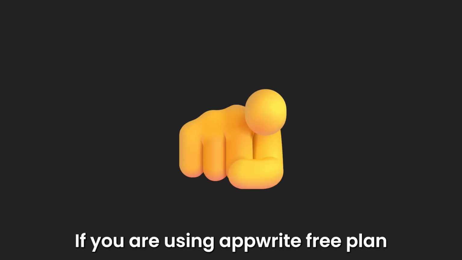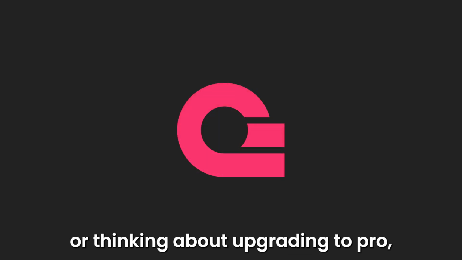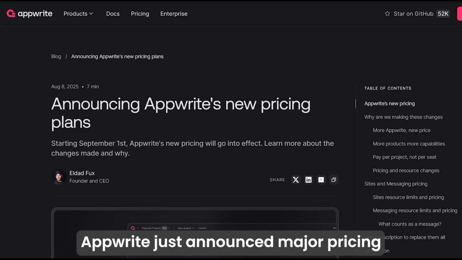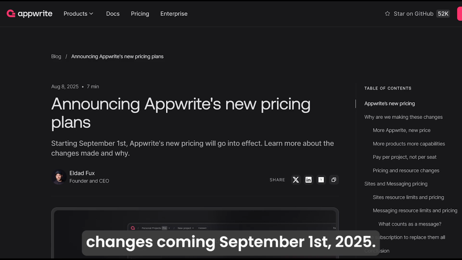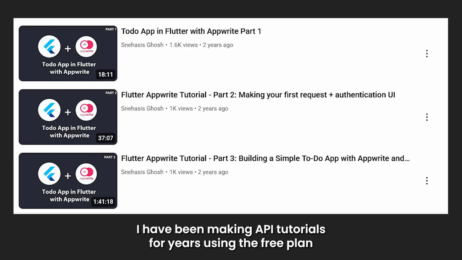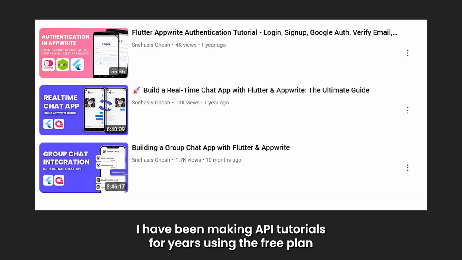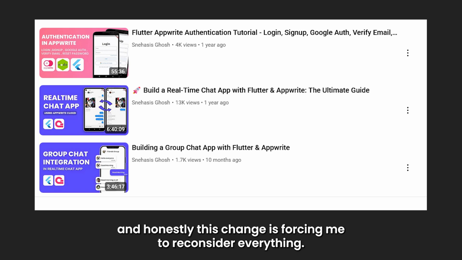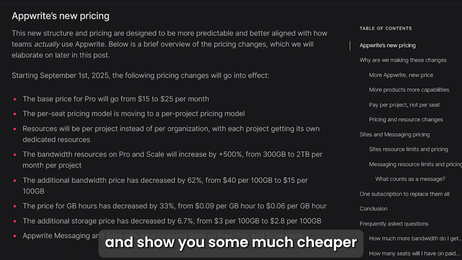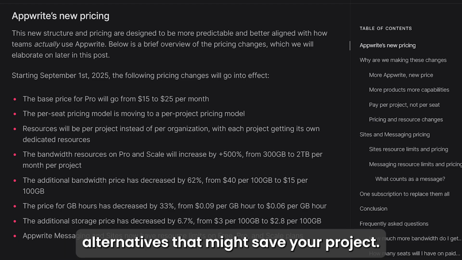If you are using Appwrite's free plan or thinking about upgrading to Pro, stop what you are doing right now. Appwrite just announced major pricing changes coming September 1st, 2025 that could cost you hundreds of dollars more per month. I have been making Appwrite tutorials for years using the free plan, and honestly this change is forcing me to reconsider everything. Let me break down exactly what's changing and show you some much cheaper alternatives that might save your